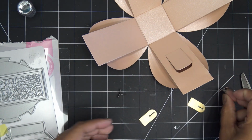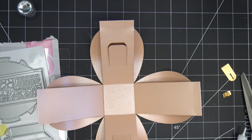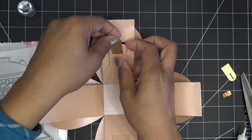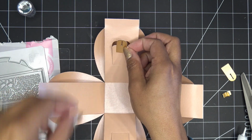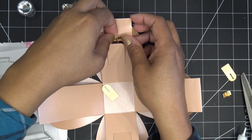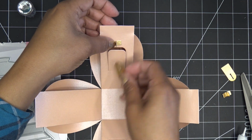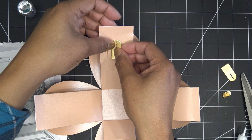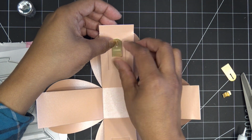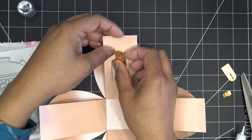Probably can still keep holding it, but that's okay. And let's bring this over. So the easiest thing to do, in my opinion, is to glue this on and then place this, and then glue this in accordance to that, you know what I'm saying? So that way you don't have to match it up, you don't even have to think about it. It's just like, oh, okay, that one's there, I'm just gonna glue it here, right? So either way, however you wanna do this,